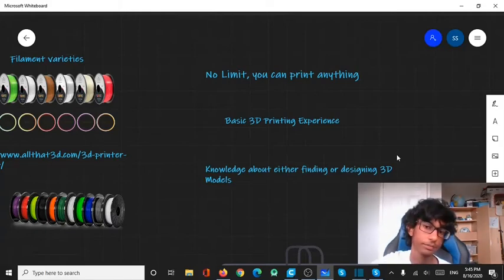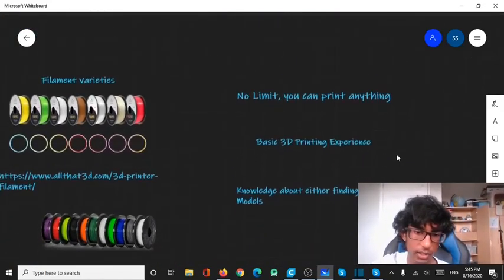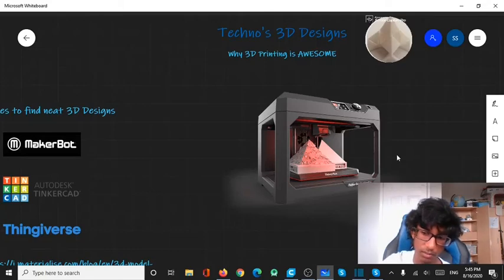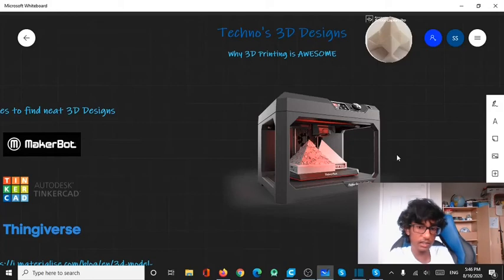And last thing I was gonna say, 3D printing is very good for fixing practical problems. For example, I like to play this game called Carom, which is basically similar to pool, except it's not played with a stick and pool balls, but with a big disc and smaller discs. And the big disc, the striker, started getting all worn out, and it was starting to have more friction. So I decided to design my own carom disc,